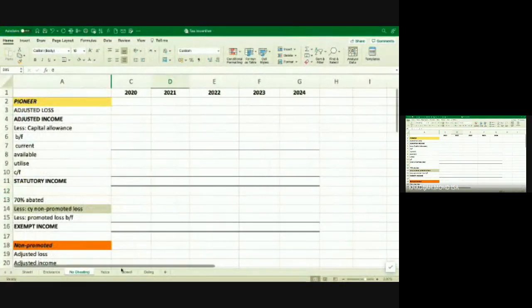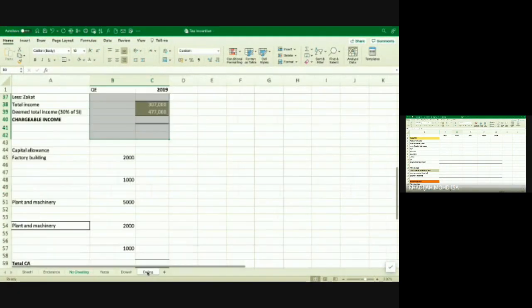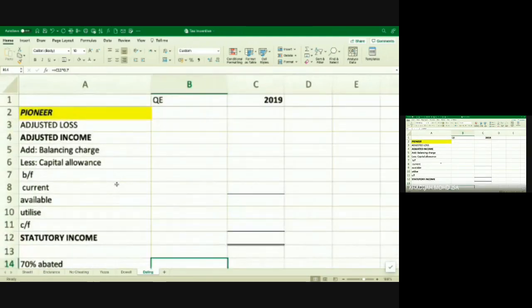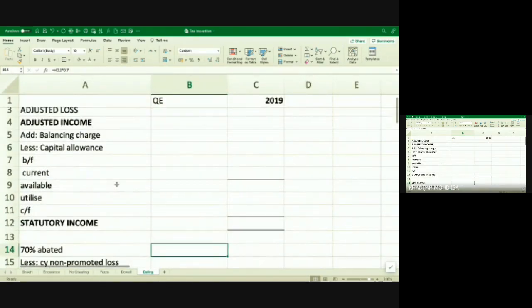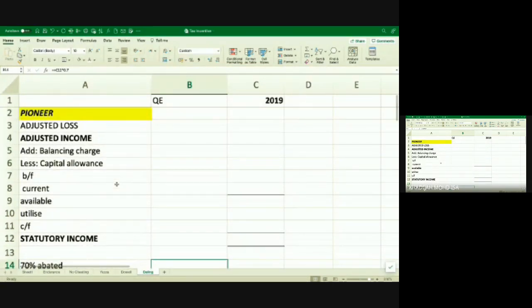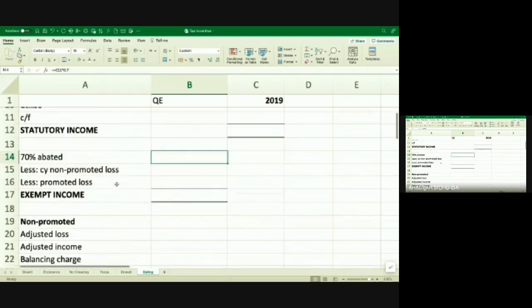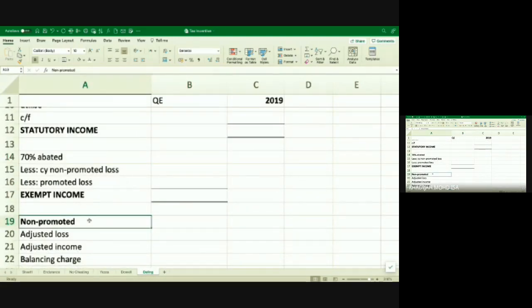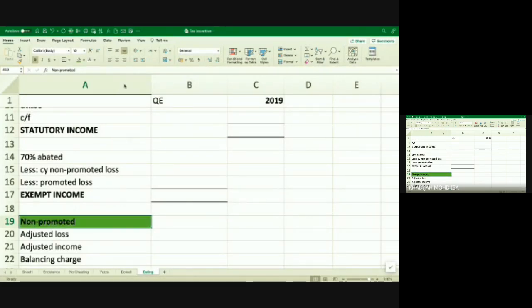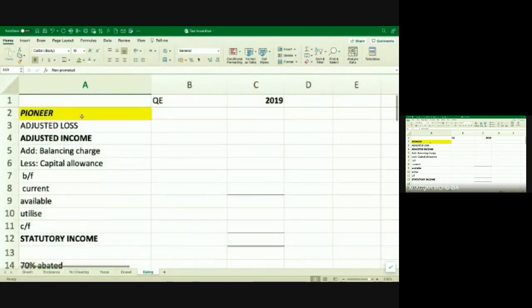So we have Darling Sedia Berhad. Given this, I told you that whenever you do tax incentive, you should know how to compute your chargeable income from the top. So you have pioneer status, and then you have the non-promoted, or the non-pioneer, business 2. These are the 2 businesses that are given in the question: the non-promoted one and the pioneer status one.